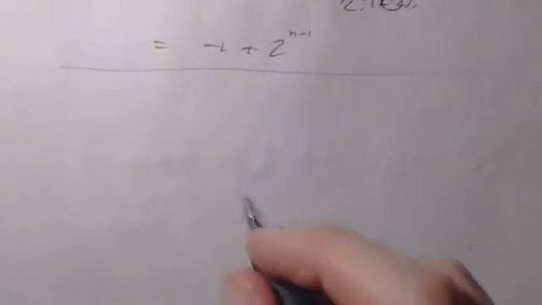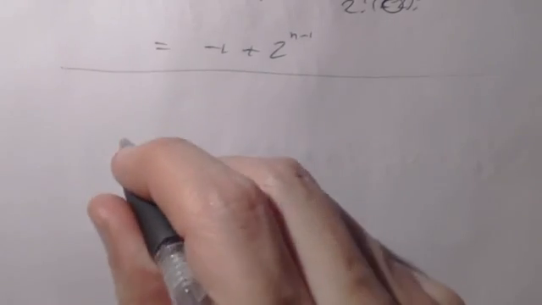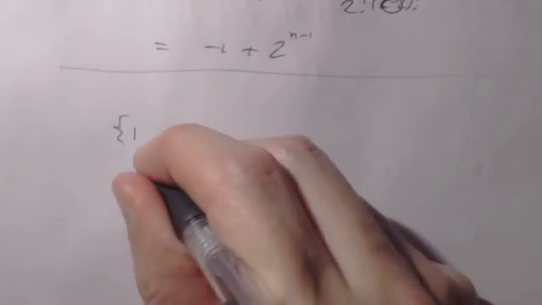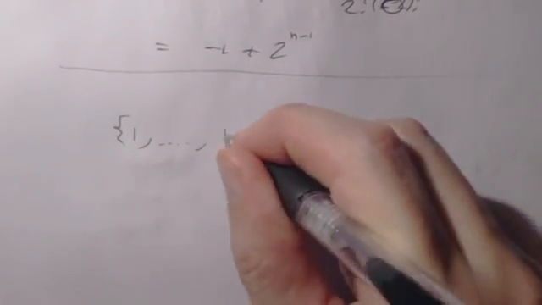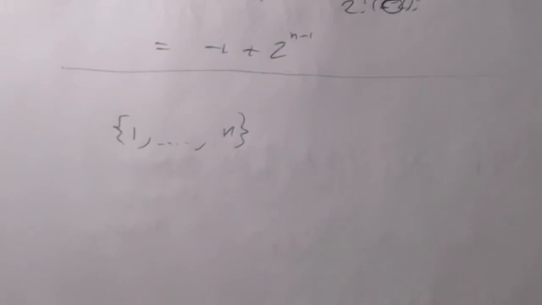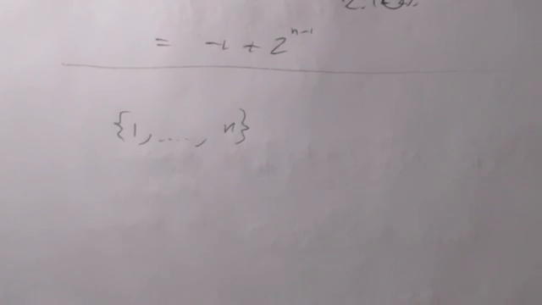So let's have a little think about that. The number of ways to split the set from 1 to n, a set of n objects, into two disjoint subsets, and they have to both be non-empty, because we want two non-empty subsets. Well,